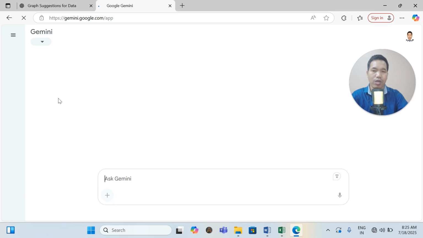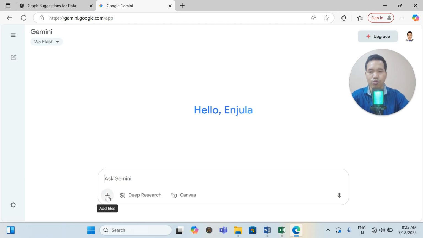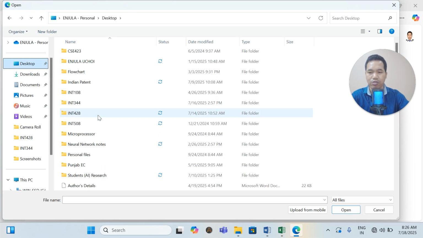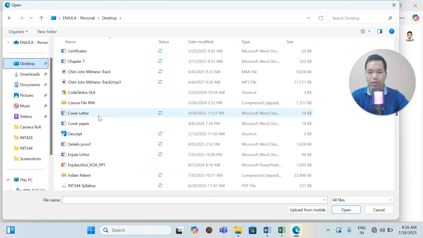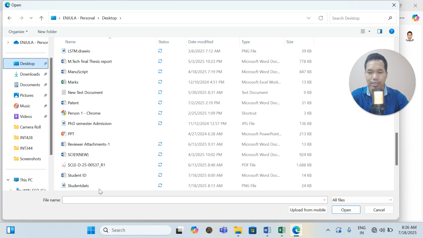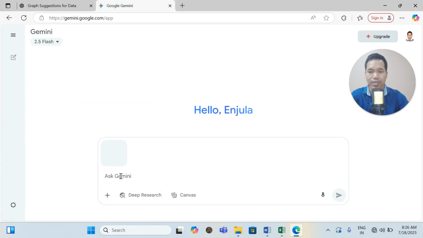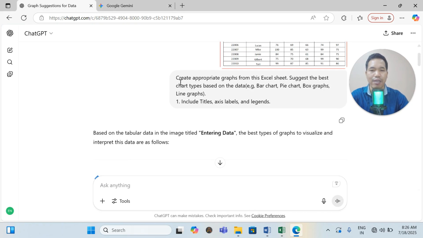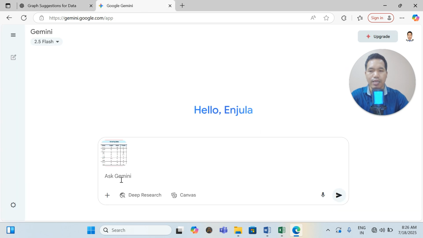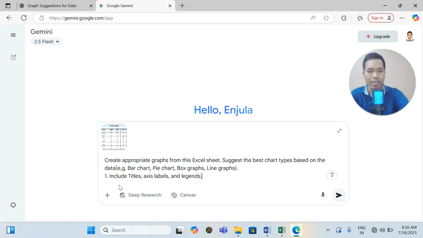You can upload whatever other images you want to add. Okay, fine. Same thing here, see. I'm going to add this upload file. If you want to upload from a drive, you can upload from a drive. Since I have saved it on the desktop, what is the name of that? I forgot. Student data, I guess. Oh yes, I got it. So likewise, here you can add as much as you can. There is no doubt. The same prompt I'm going to copy and paste here. It's going to give the same thing.